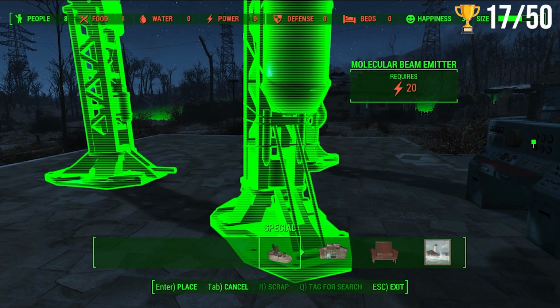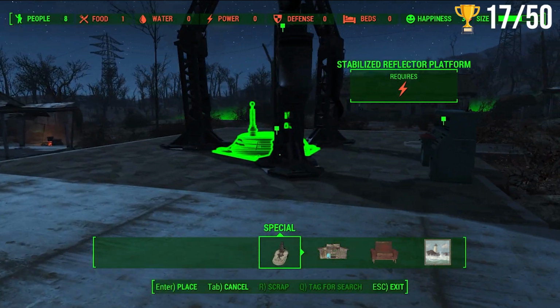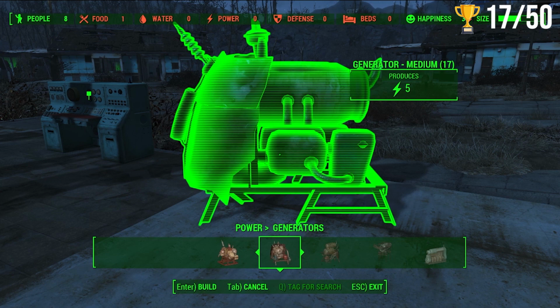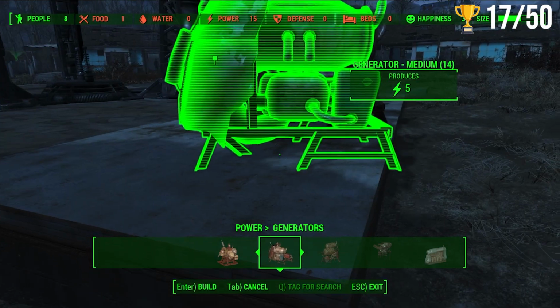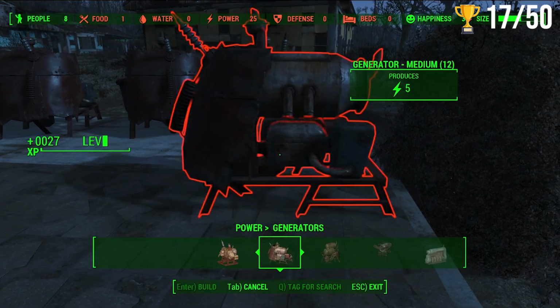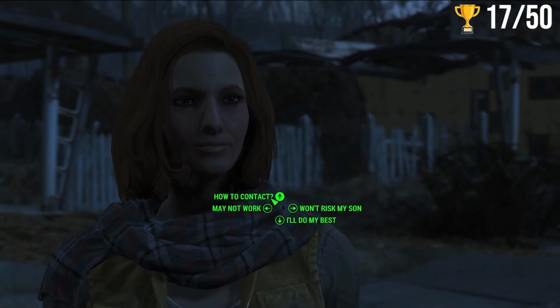Bringing the schematic to Tinker Tom and the Railroad, we then receive a gargantuan list of materials that we will need to complete the signal interceptors. Because I'm a whore for loot, I already had all the necessary materials. After building the signal interceptor, we receive another quest from the Railroad to upload a message to their Institute contact